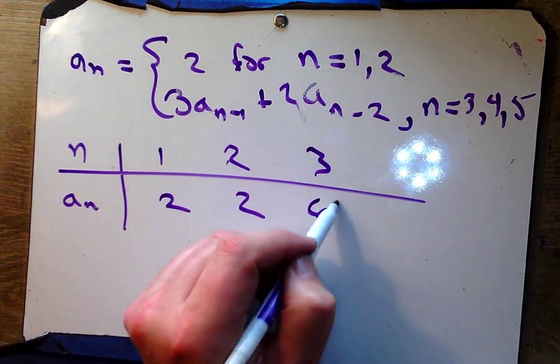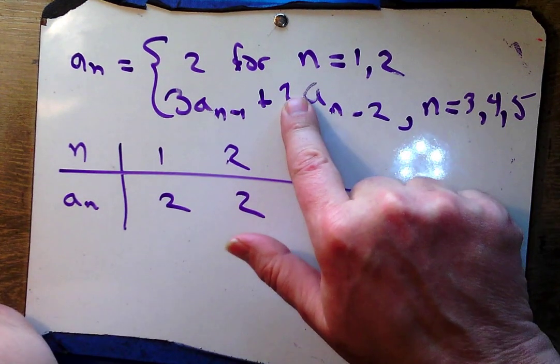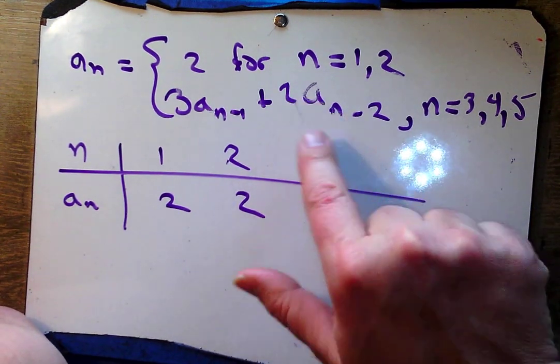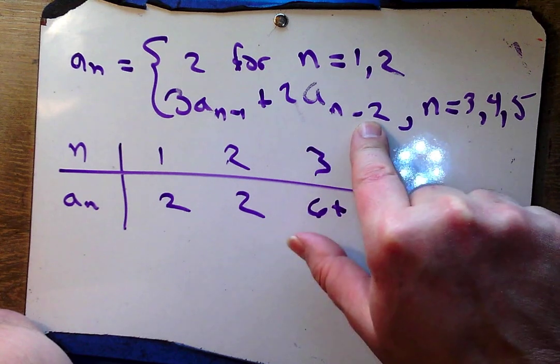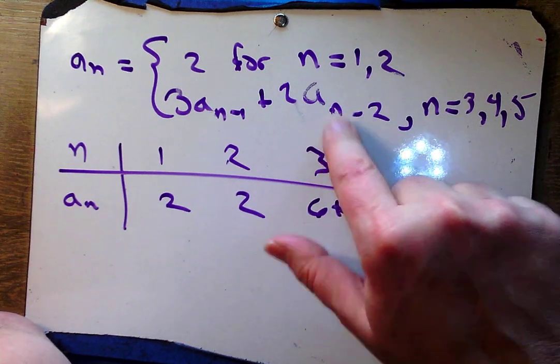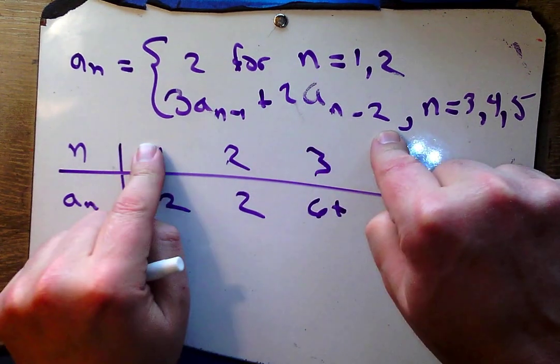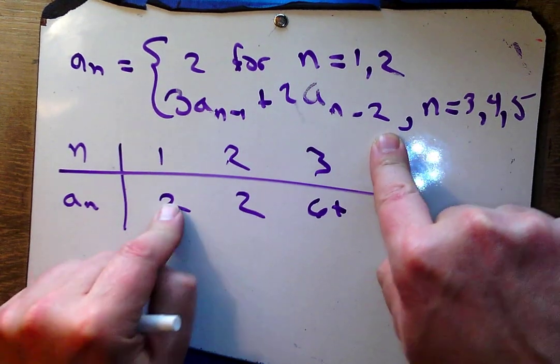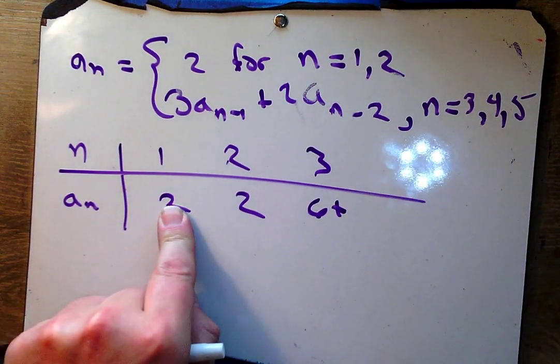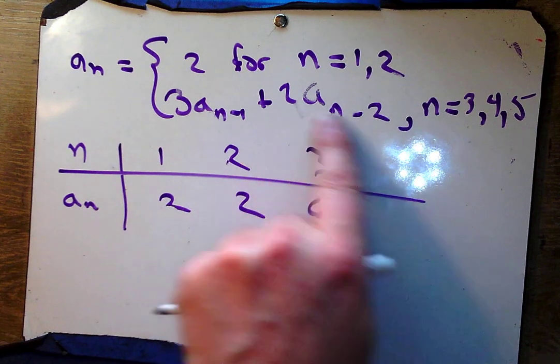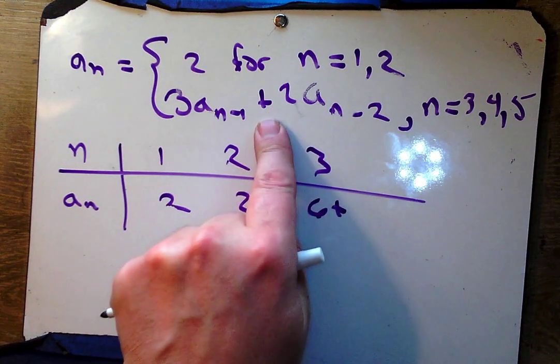Plus, I want 2 times the value, not of the last one, not of a sub 2, but 2 turns ago. Well, 2 turns ago I was here, and my value would be 2. So I want 2 times 2 plus